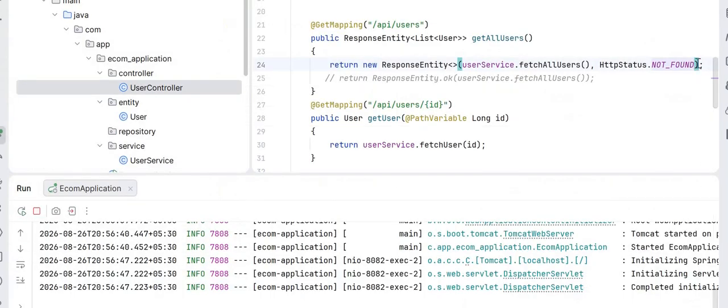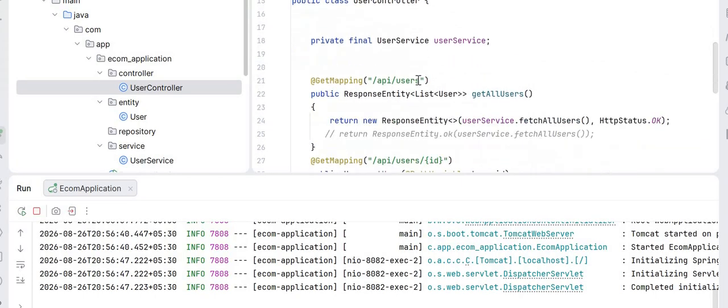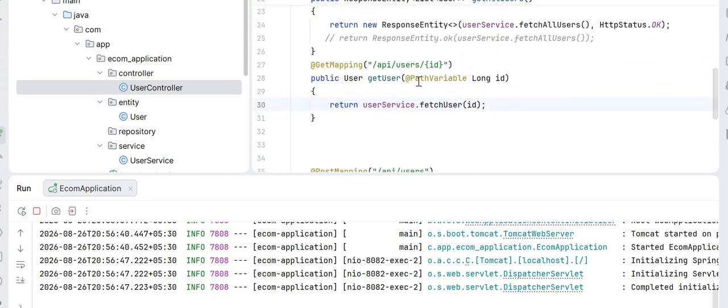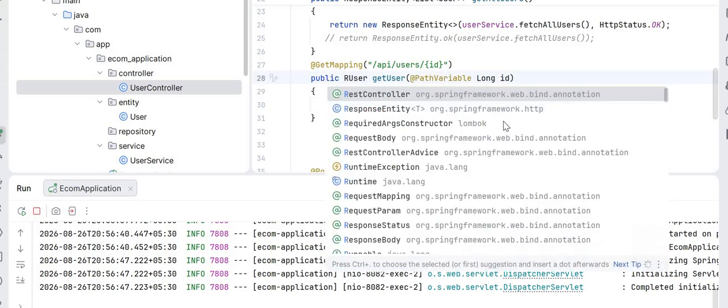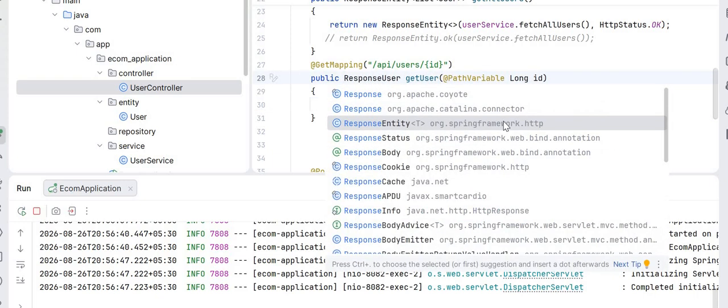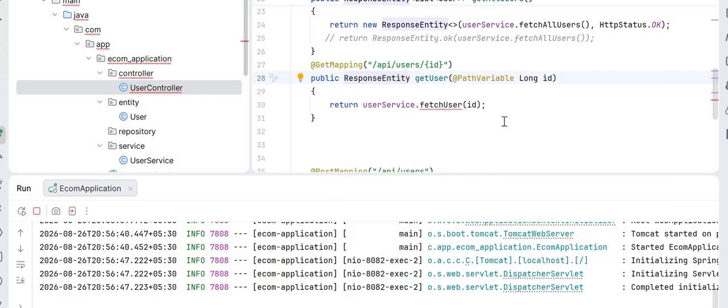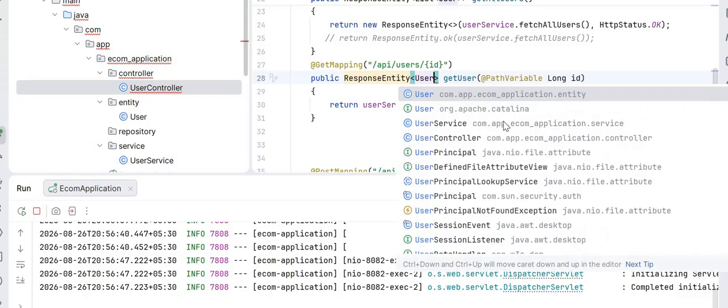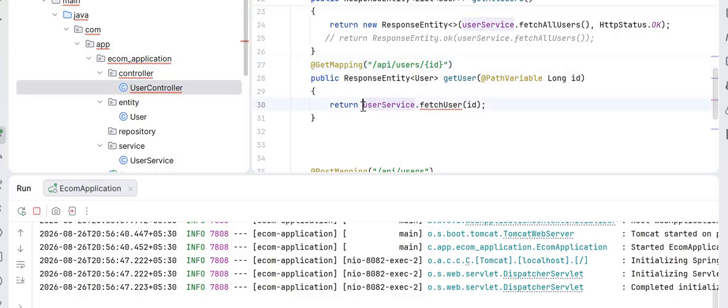But it's not good because we are getting a response and we are not adding, so we will give it as okay. So now this is the correct way. Now we'll go to get mapping, this ID one. So what you can do here, you can use response entity, user, get user, and then you can wrap this, return